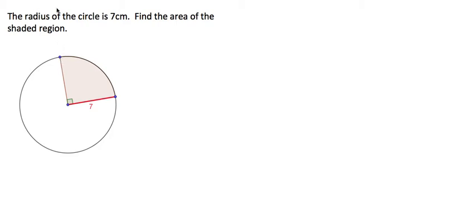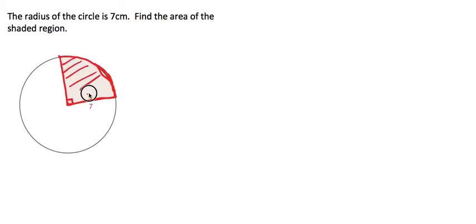The radius of the circle is 7 centimeters. Find the area of the shaded region. So I'm going to shade this in a little bit more dark so you can see it better. So you have this arc right here, this region right here, and this angle here is 90 degrees. Okay, and because that is a 90-degree angle,